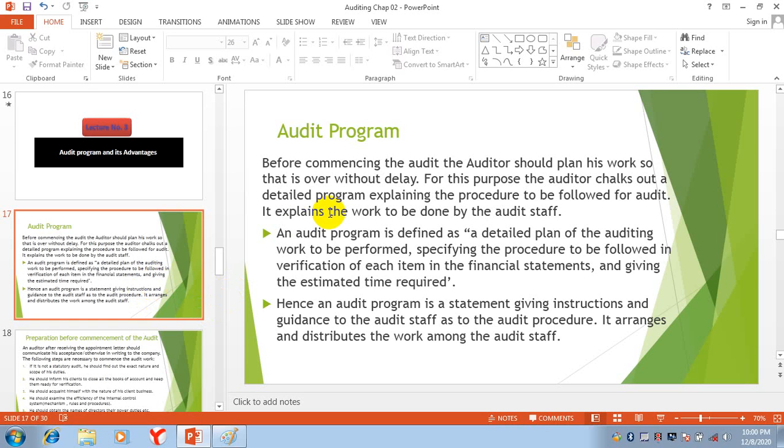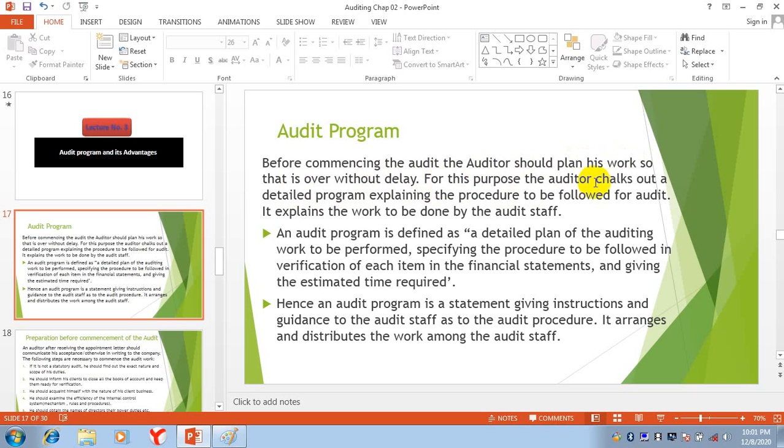Before commencing the audit, the auditor should plan his work so that you can finish the work without any delay. So the audit program is basically the plan of the work of the auditor.